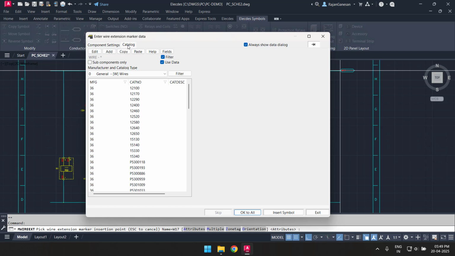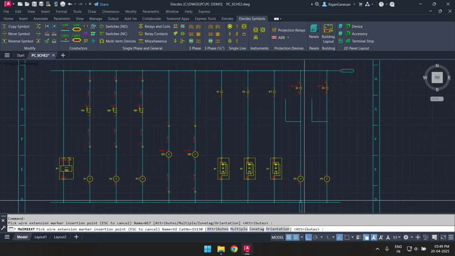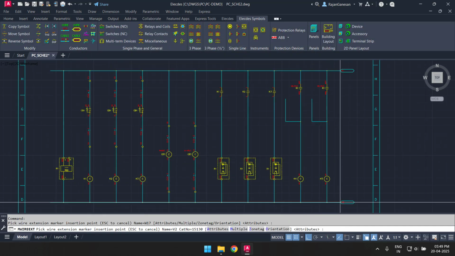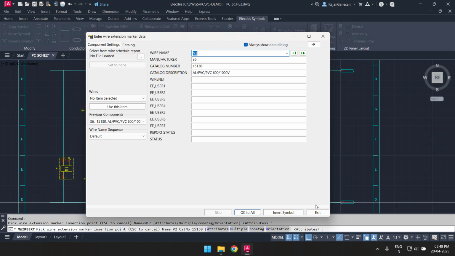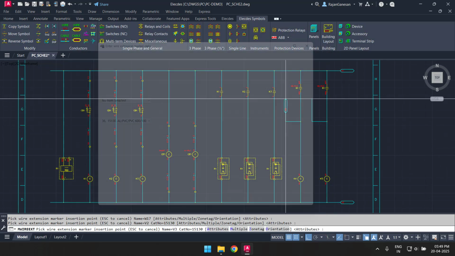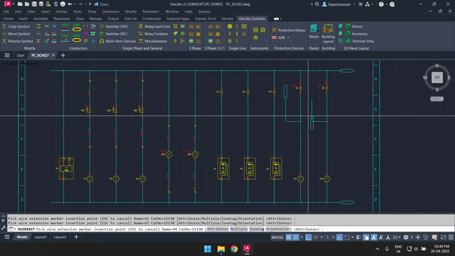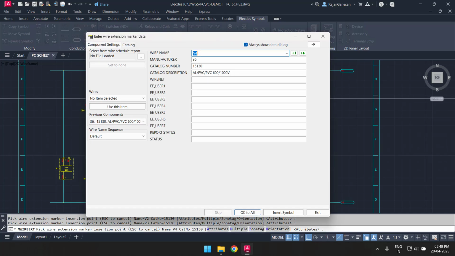The first 2 markers connect to the DC supply in my circuit. The other 2 markers feed a fault signal from the second PNC relay to the first. This smart extension symbol can be inserted with a connection at either end and can be oriented horizontally or vertically. The wire extension markers must match wire names at each end of a jump.